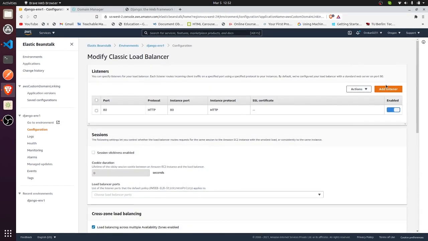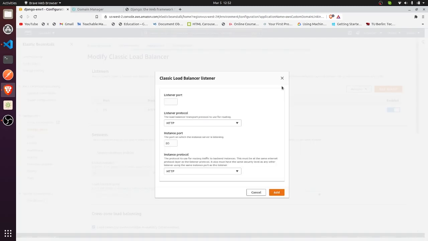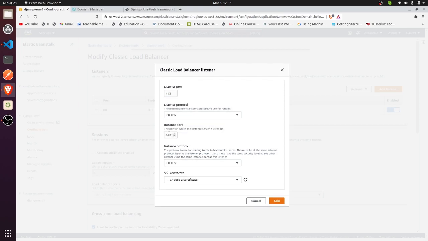On the top you can see there is listeners. Under listeners we have to add a new listener, and the SSL, secure website port is always 443, so we are writing 443 here, HTTPS, and the origin is HTTP, and here we have to choose the certificate. This is the certificate which we have created recently.